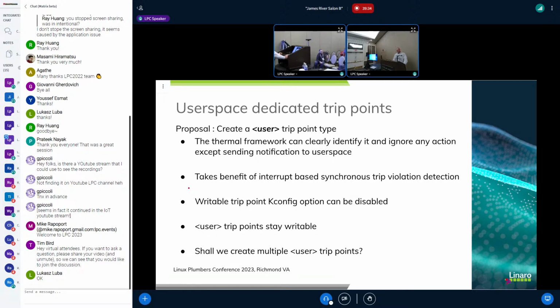What Rafael is asking, I think in that case, if there is no driver who can program hardware, you should not even create it, because for me, having more entries in the sysfs is problematic because we have to search for them. So suppose your hardware is not capable of giving you an interrupt, don't even create it.